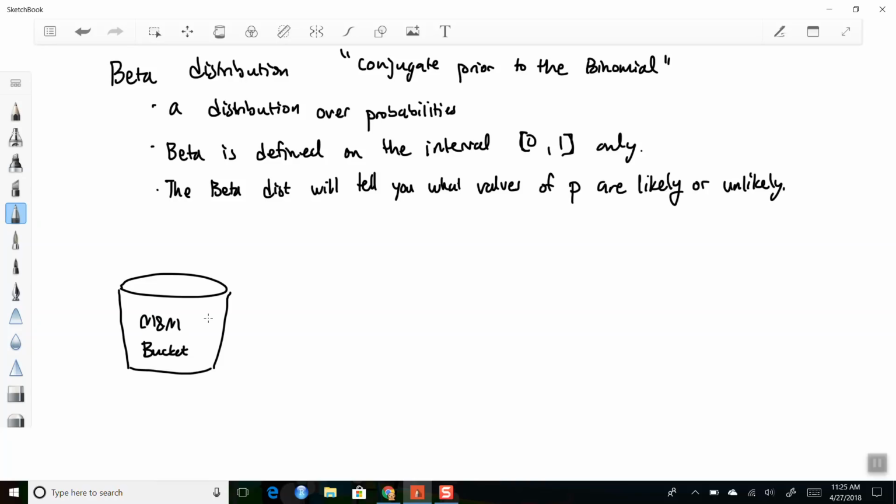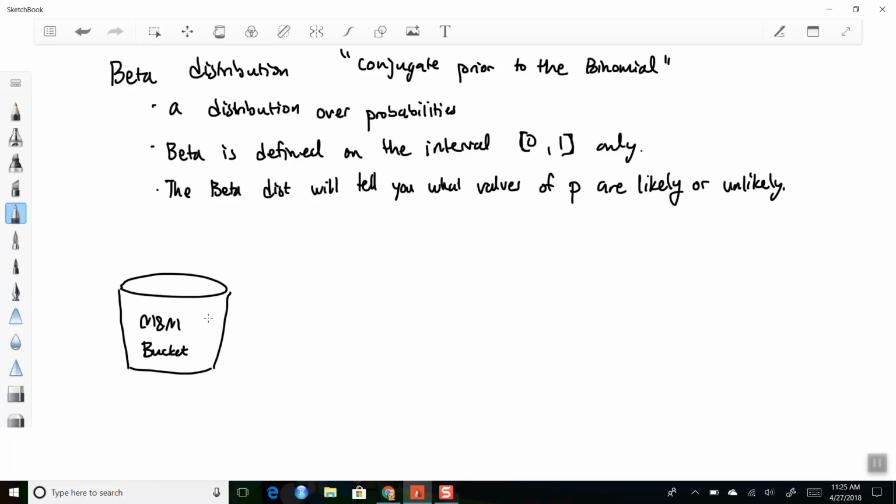All right, so what do you guess? Or he says, what could the proportion of green M&Ms be? What do you think? It could be any value, right? Maybe not 0 exactly, but something very, very close to 0 or very, very close to 1, because you have no idea how many M&Ms are in the bucket. You do know there's at least one red and at least one green, but you have no idea what kind of M&Ms were dumped into the bucket.